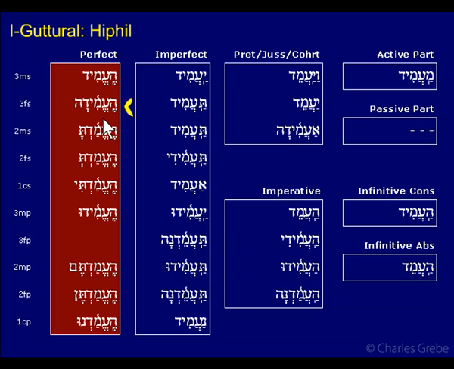So it's he'emida. And because you haven't reduced this, you don't end up with this problem of two shavas right next to each other and then having to apply the little shava and change the chataf segol into a segol, which is what happened in the Niphal. So there's no need to change this, so it stays as a chataf segol. It stays all the way down, including these two with the vocalic suffixes, here and here. Anyway, that's not something that's going to throw you in reading or anything like that. I just talk about it because it's there in front of us.